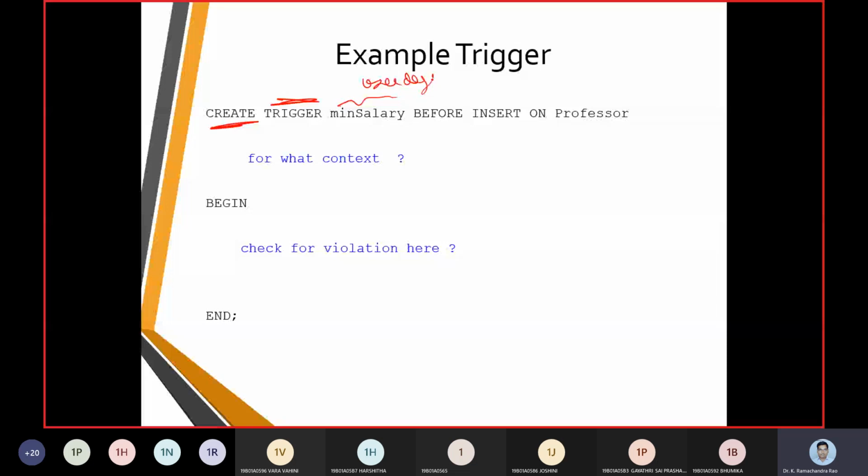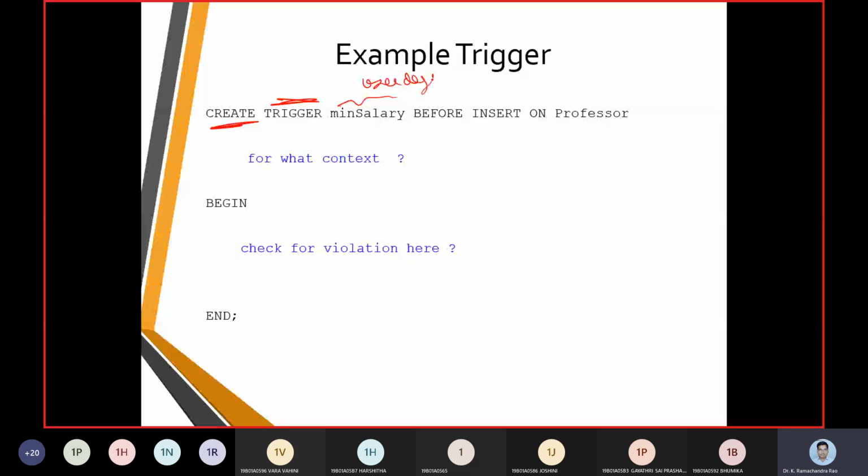So this part we call the trigger, and then we call these elements the trigger body. For the first part, it covers the entire trigger event up to before. Then from before to end, we call it the trigger body. Next, we can see this example here. We create a trigger, then we give a trigger name. When it is going to be fired, it should be fired before the insert operation.